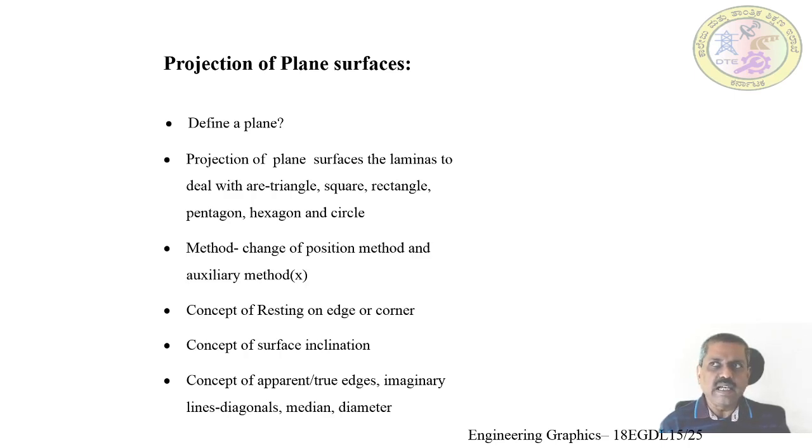And it can stand on, these are all imaginary things, it can stand on one of its edges or one of its corners. Because if you look at polygons other than a circle, whether you consider a triangle, rectangle, square or pentagon, they have only edges or corners. So these two are important aspects of any polygon. It can rest on an edge, or it can rest on a corner. So you have to understand either edge or corner.